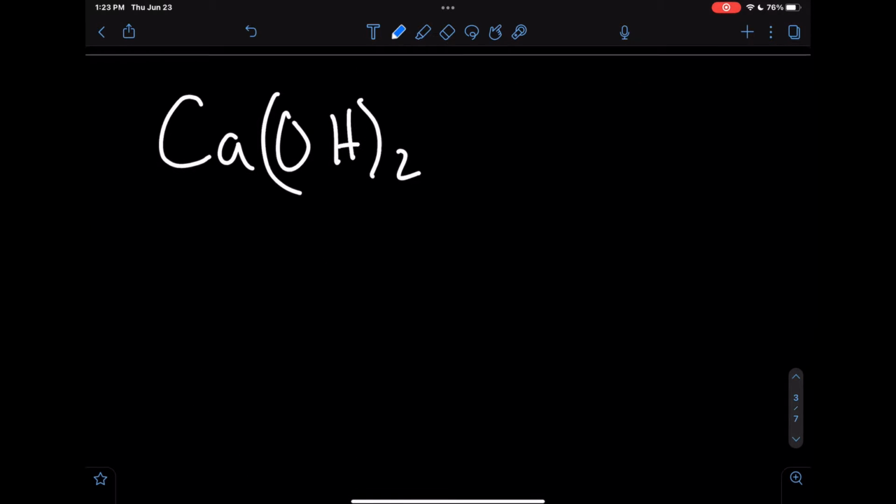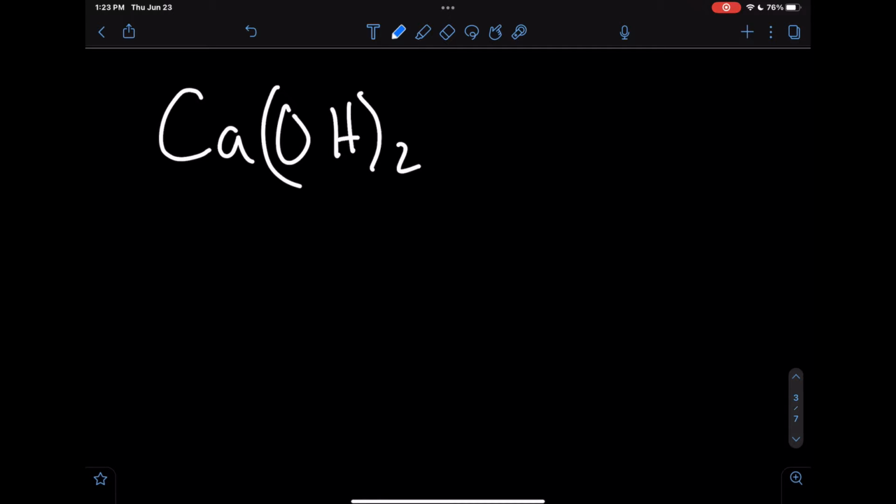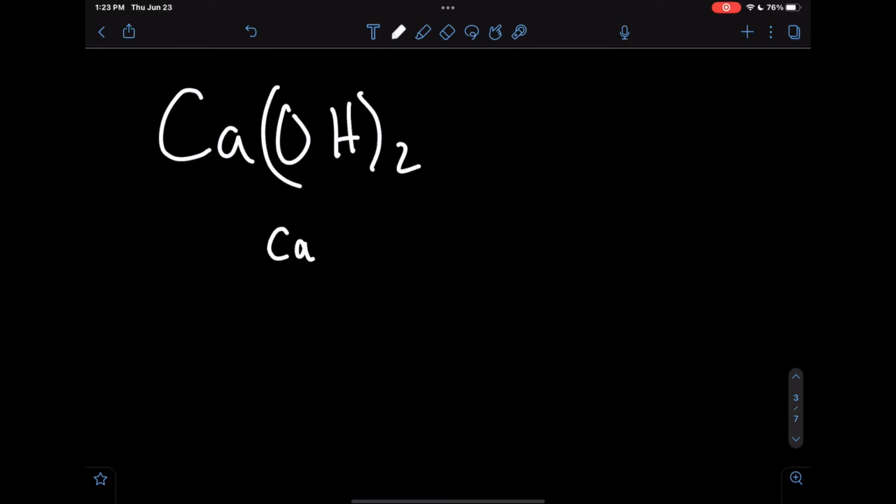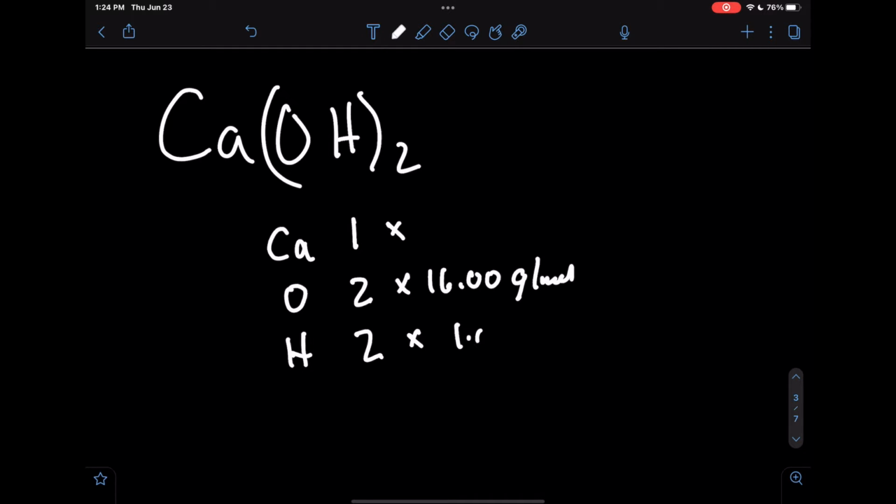The next one we have is calcium hydroxide. Like the previous one, we're going to go ahead and list out our atoms. So we have calcium, oxygen, and hydrogen. Now for calcium, we have 1. Oxygen, we have 2 because of the 2 outside of the parentheses. And same thing for hydrogen, we're going to have 2 of those. For oxygen, that is 16.00 grams per mole. And for hydrogen, that's 1.01 grams per mole. Calcium is